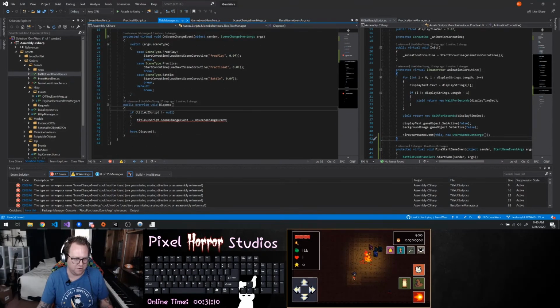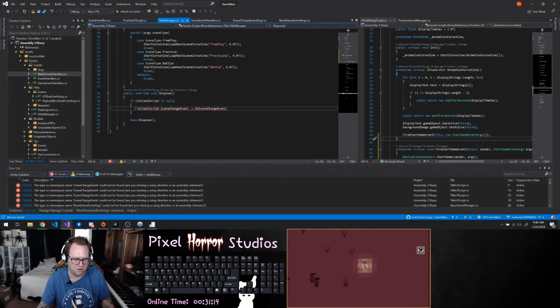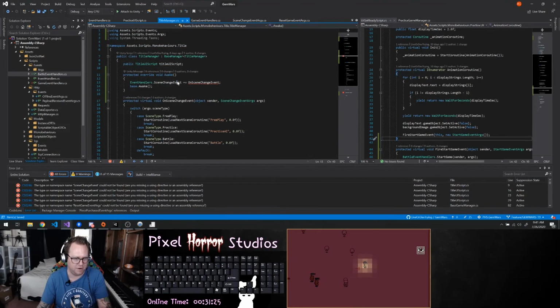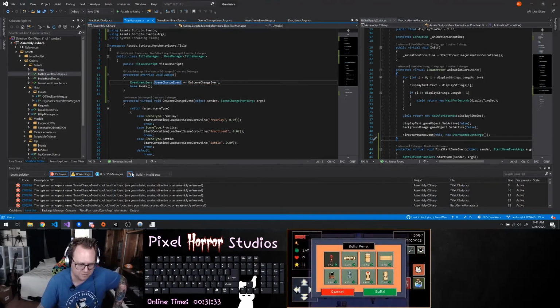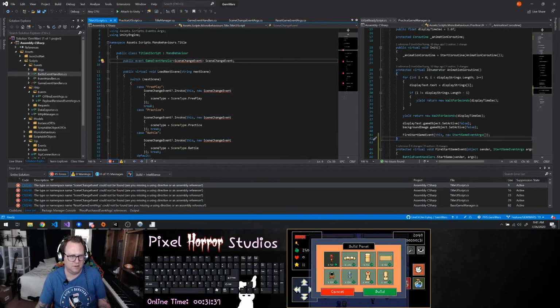And then down here on the dispose, it's going to be the opposite. And then we want to look at this because this is a regular handler, not an async one. Okay, this one,